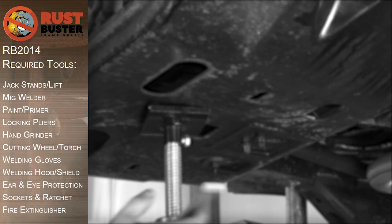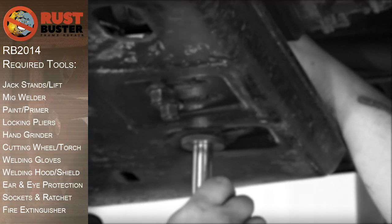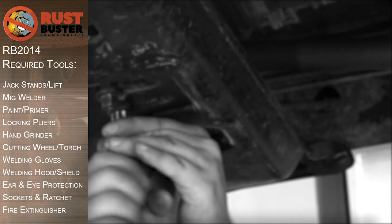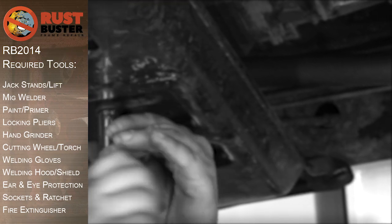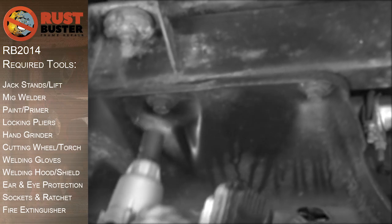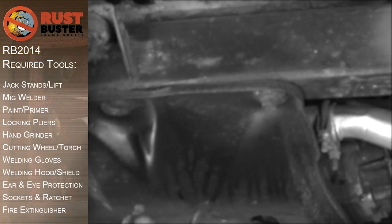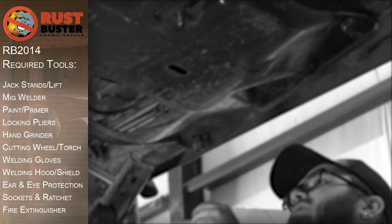We'll be covering the installation of Rust Buster's center section with skid plate mounts for Jeep's YJ Wrangler. Before you begin, if at any point you are uncomfortable with any of the processes, we strongly suggest you seek out the work of a professional. Ensure you have all the required tools listed, and ensure you follow all the manufacturer's safety precautions and operations while